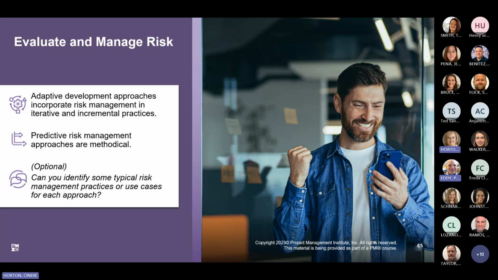So as we noted in the prior slide, predictive risk management processes are more methodical. As the project proceeds, the project manager needs to monitor the risks and their triggers. And when the time arrives and the risk occurs, the actual implementation of the planned risk response is set in motion. Additionally, during this process, the project manager reassesses risk consistently by monitoring the project and the risk register to